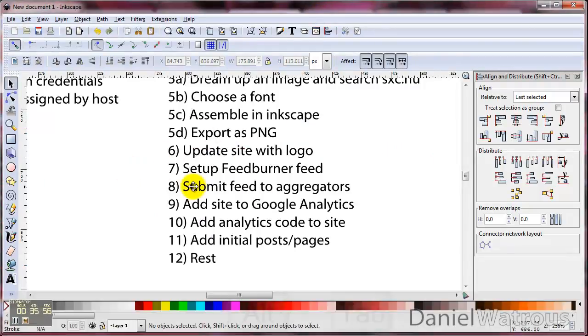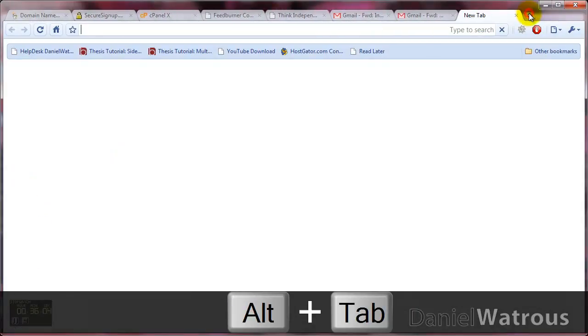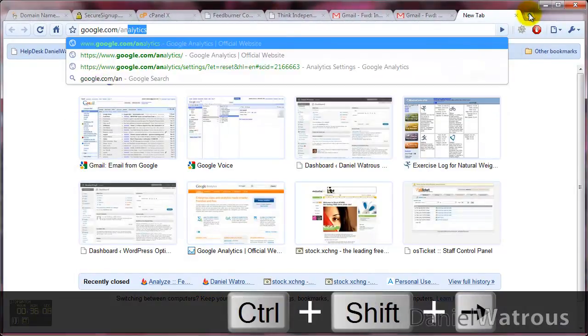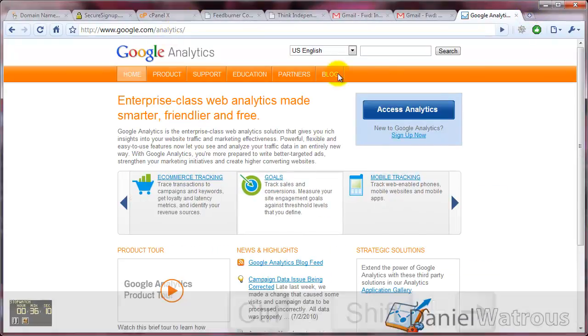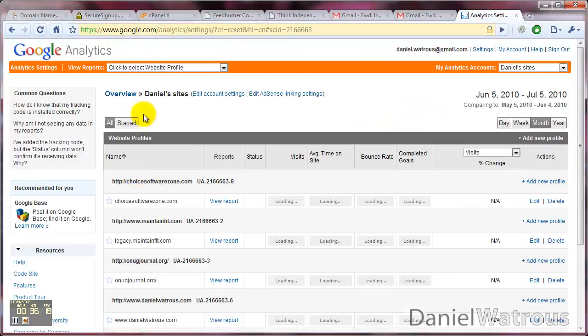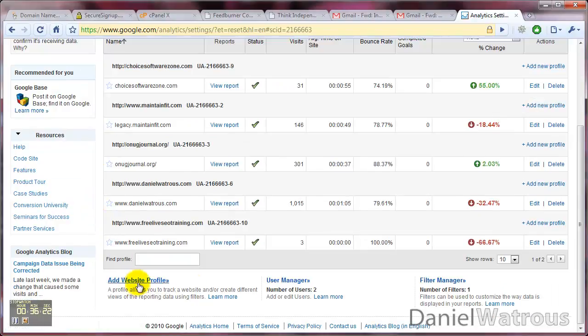And again, that's something I can't do for my clients because they need to have Google Analytics for their own account. But what they do is they come here, and when they add a site, so let me just show you. If you come in here, where is it? Add a website profile, and you add your site in and go through all of that. Well, then they're going to give you a